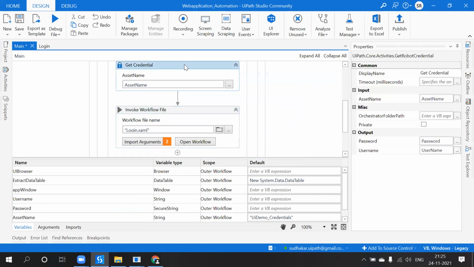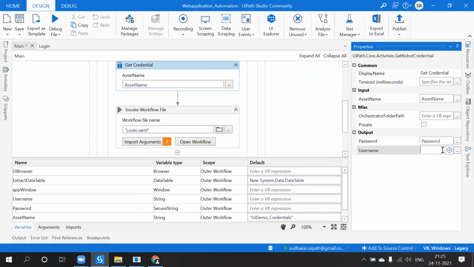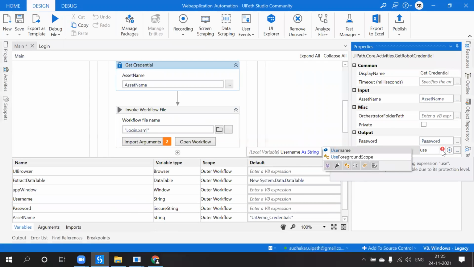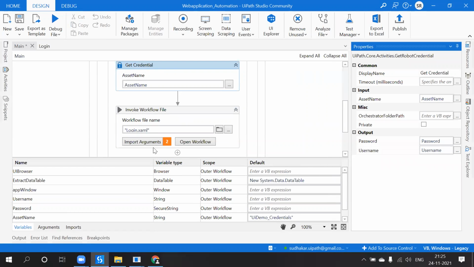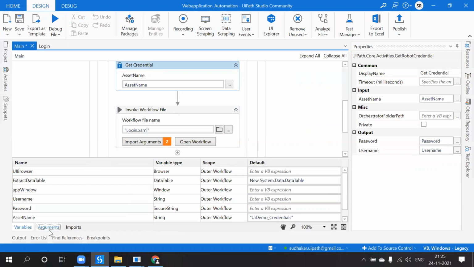I made a mistake there. Username, and come to the arguments.